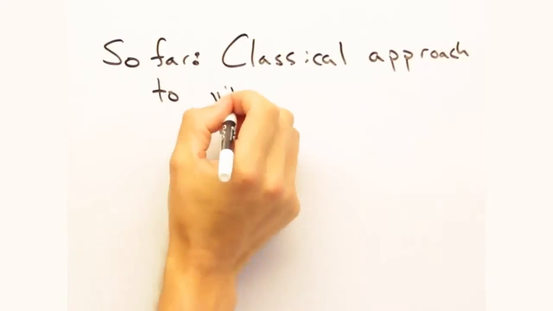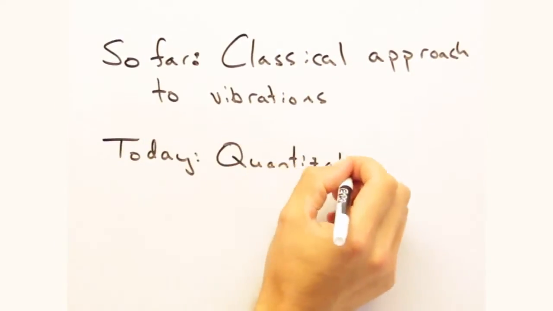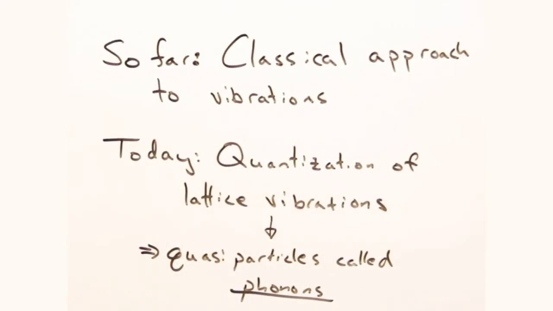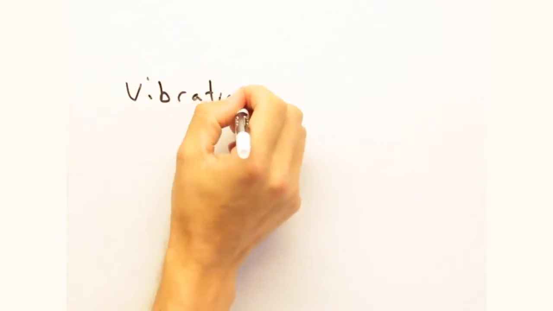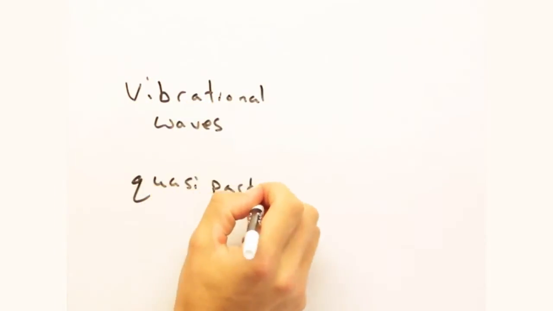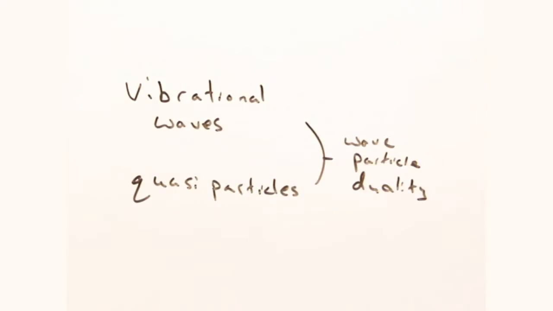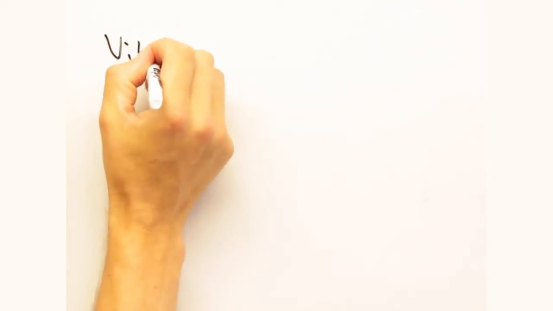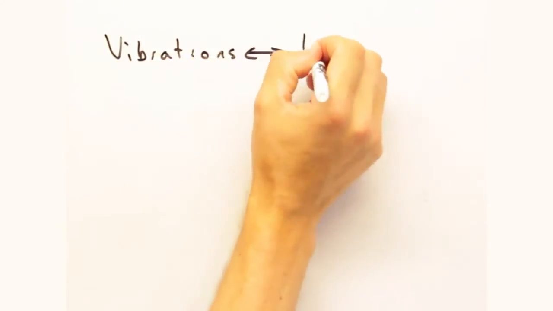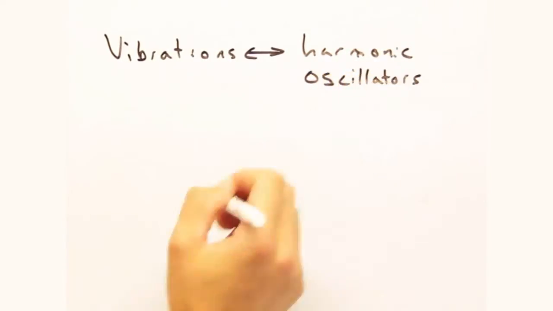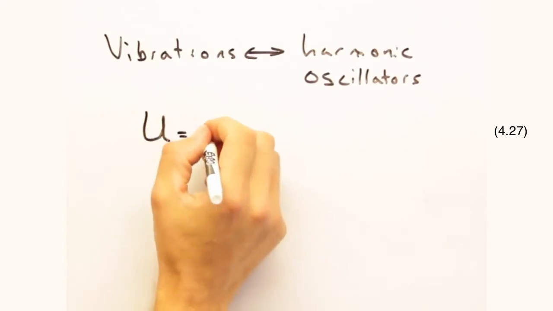Our description of lattice vibrations so far has been fairly classical and hasn't involved any quantum mechanics. Today our goal is to introduce the quantization of vibrations through quasi-particles called phonons. How to describe phonons can seem a bit tricky. We're talking about vibrations, but we're describing them as quasi-particles. The old wave-particle duality. I find it best to compare phonons to stuff I already know, like photons and quantum harmonic oscillators. In early videos, we invoked that the vibrations in a lattice behaved like harmonic oscillators.